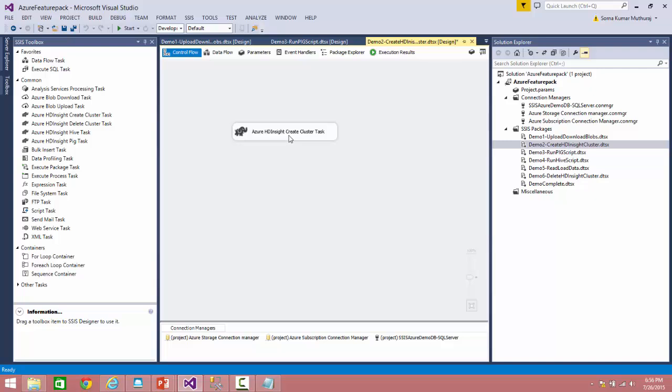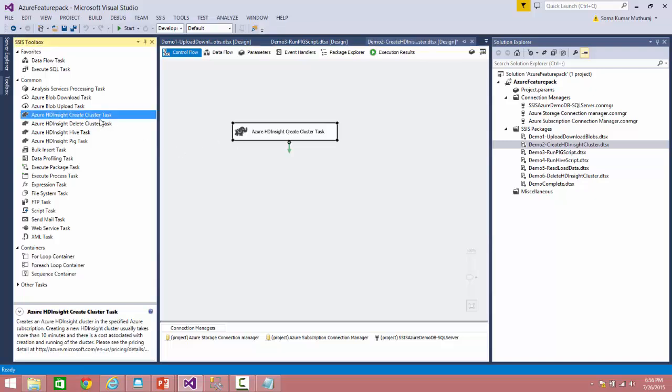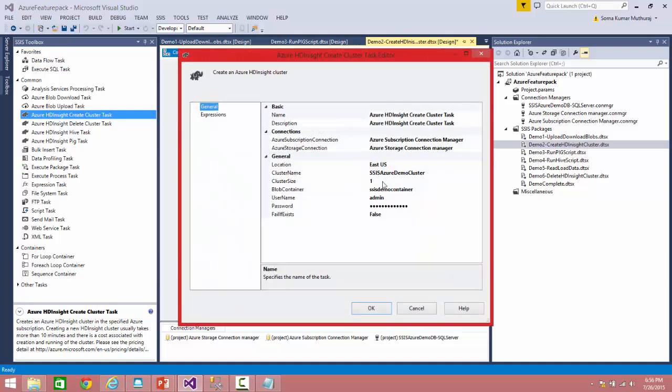Once it is completed, we can drag and drop this HDInsight create cluster task, and get started with the configuration of the properties. Here you specify the Azure subscription connection manager, and you have to specify the Azure storage connection manager as well, which is related to the HDInsight cluster. It means that for all the files processed in this HDFS system, this Azure storage connection would serve as the HDFS storage. And this is the location in which your HDInsight cluster will be created in Azure,